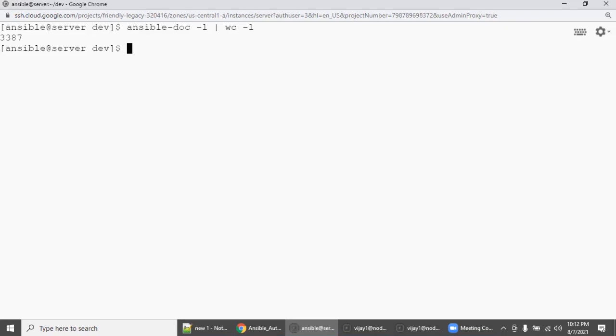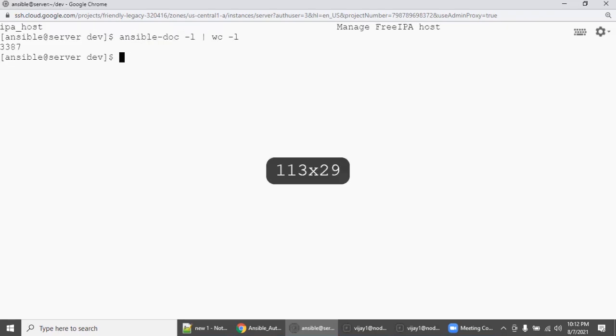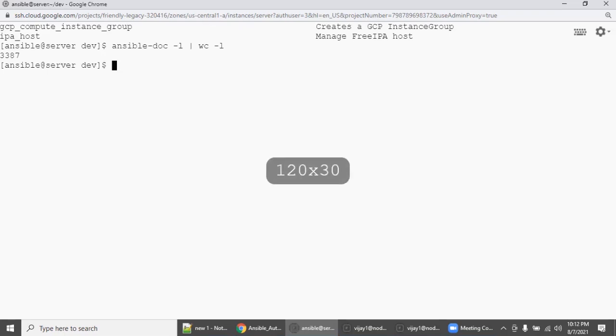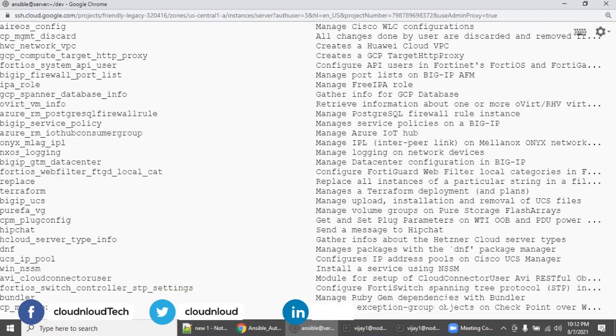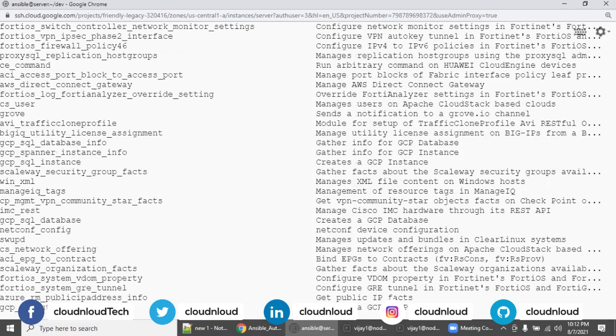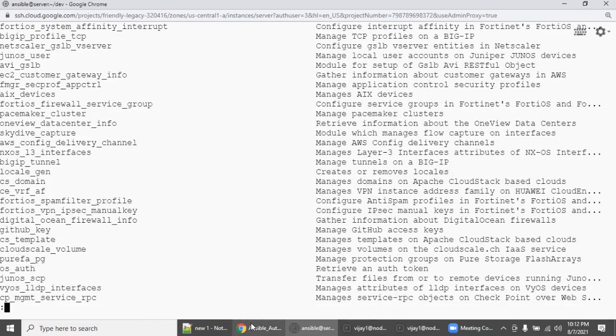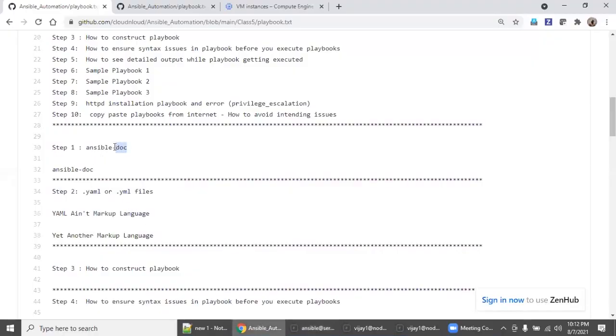So, 3,387 modules. Even if you go with a smaller font size and run this command, you can see it in a better way. See, this is the module, and there is a description. You can go with many modules like this. I will go back to the step here. So ansible-doc -l to list.